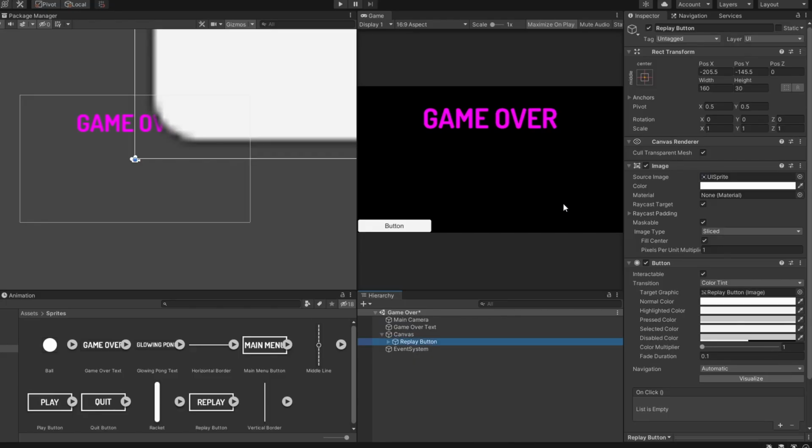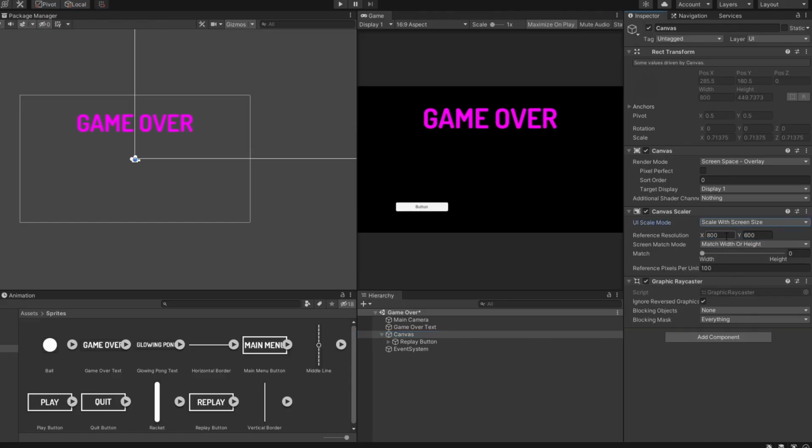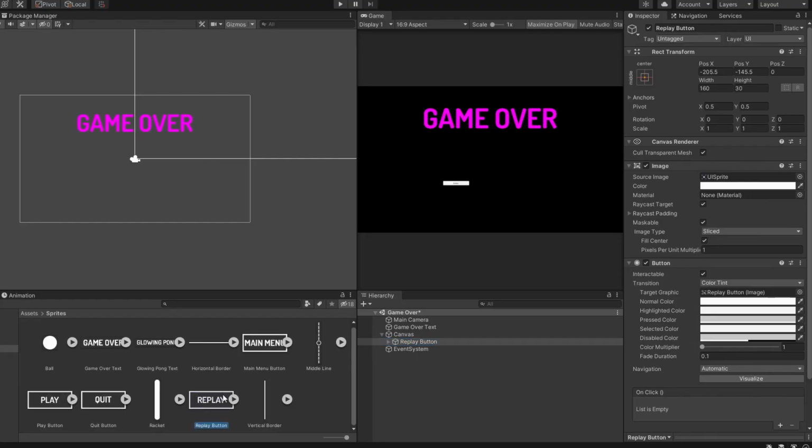Similar to what we did back in our main menu scene, select the canvas object, head over to the canvas scaler component, and we want to change the UI scale mode to scale with screen size. We will change the X value to 1600 and Y value to 900. Let's select the replay button object, and I'm going to assign the replay button sprite to the source image.